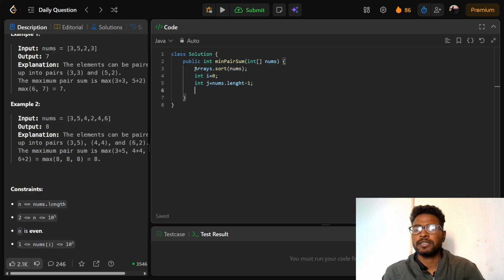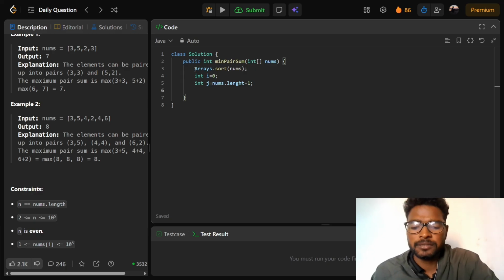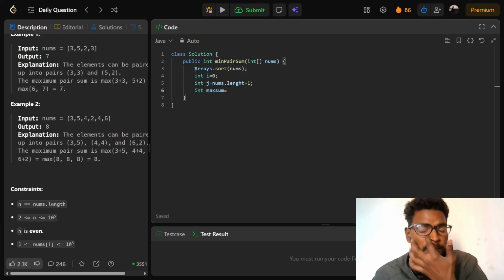Also we will declare int maxSum equal to Integer.MAX_VALUE.